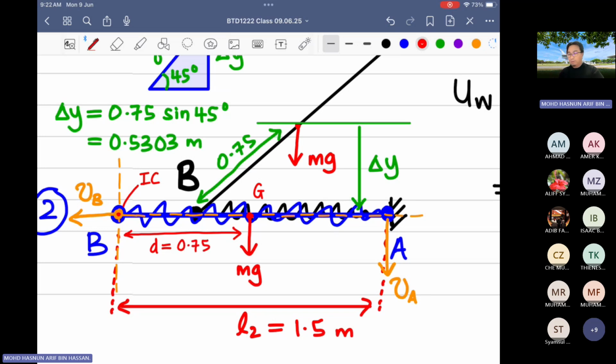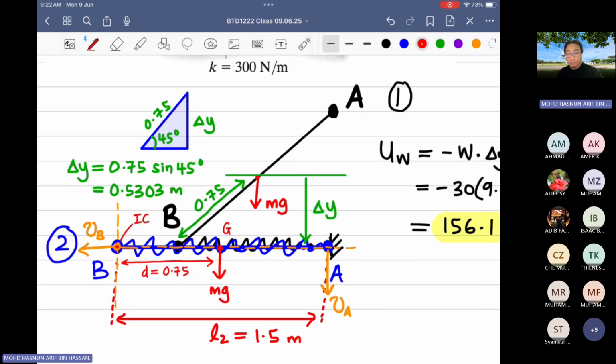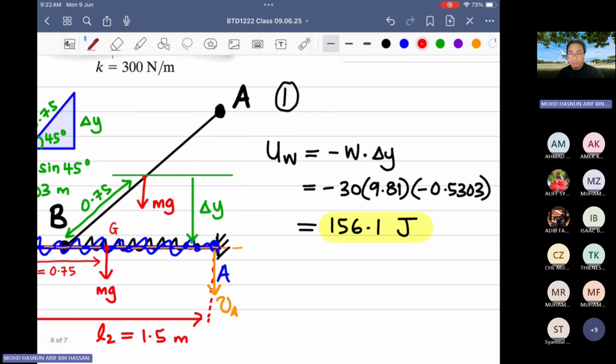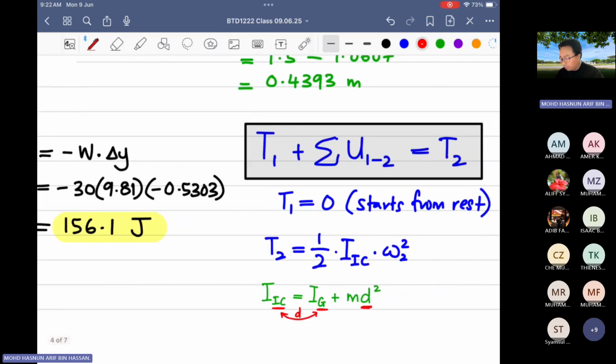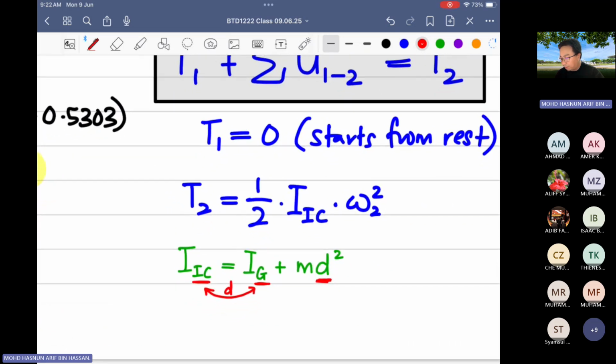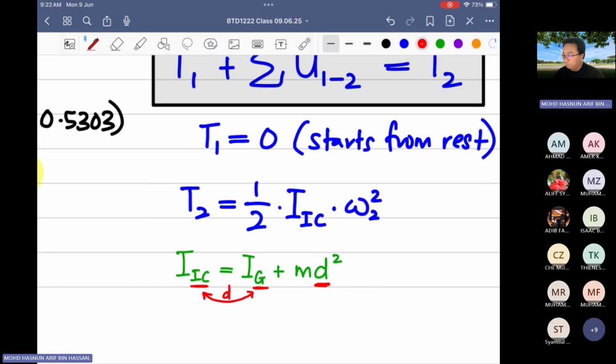Okay, so that is why we need to know where the location of IC is, to find the value of D. Okay, so coming back to this parallel axis theorem, before we can proceed, we need to calculate